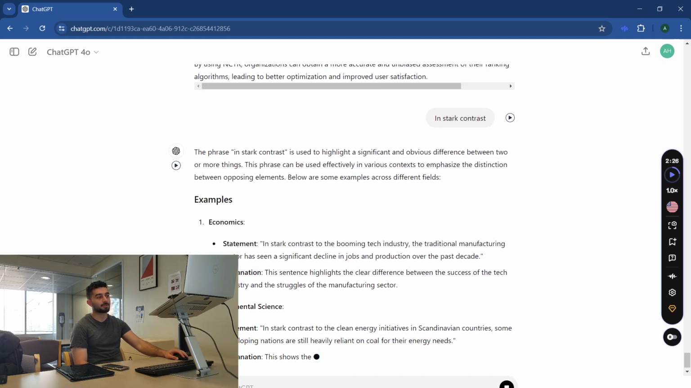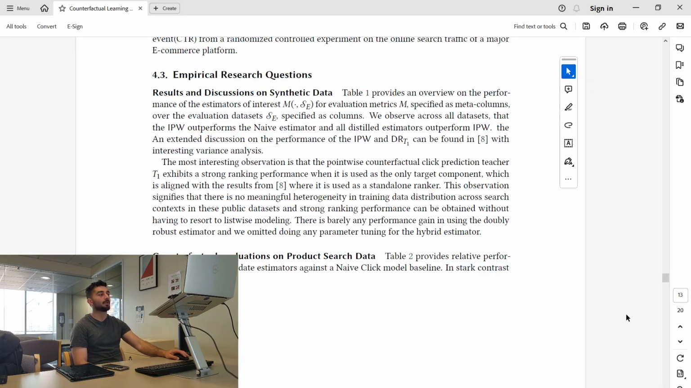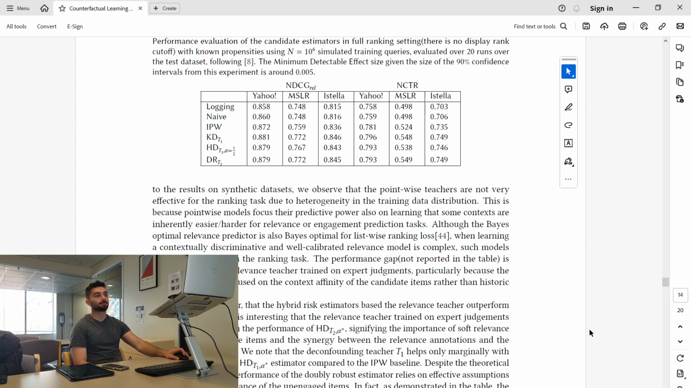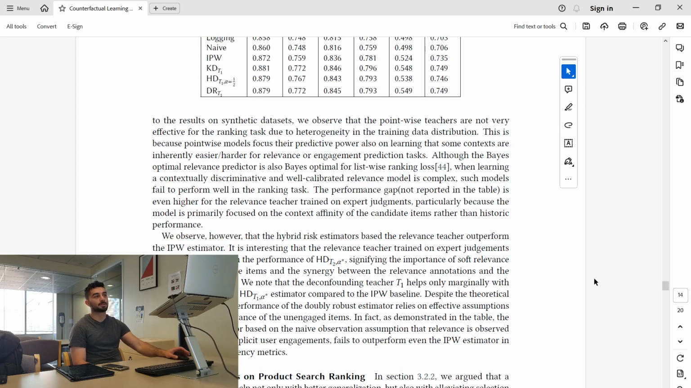Okay, so stark is an adjective for contrast. In stark contrast to the results on synthetic data sets, we observed that point-wise features are not very effective. That's due to heterogeneity in the training data distribution. This is because